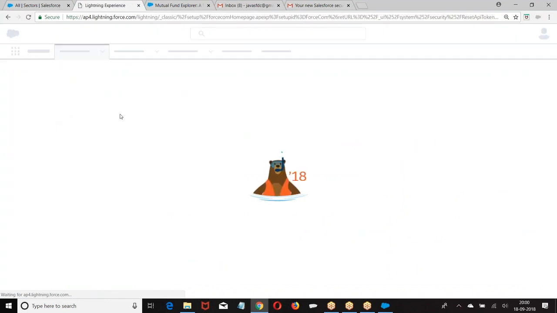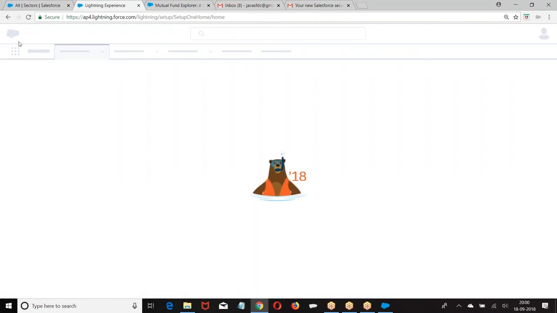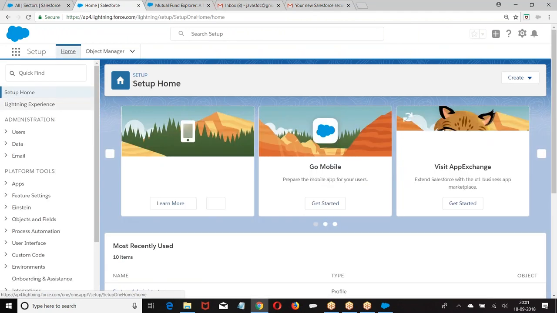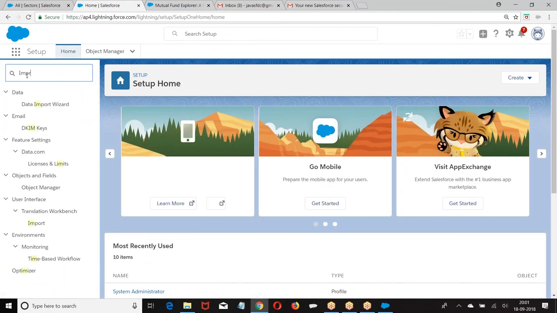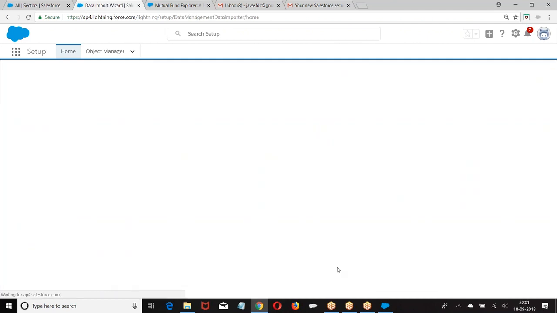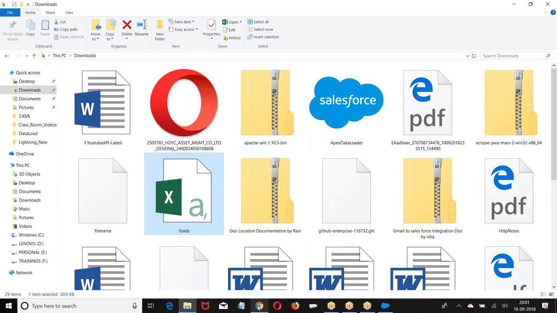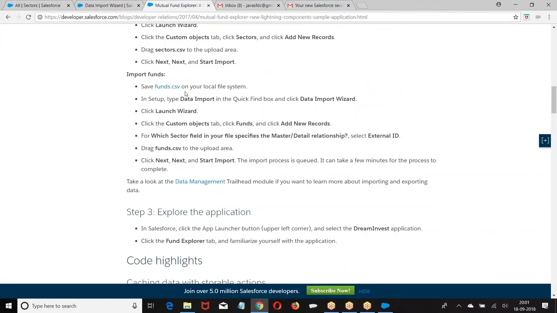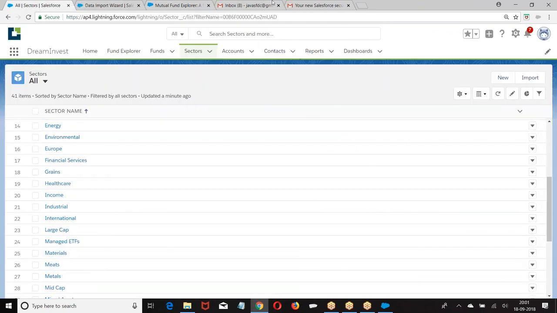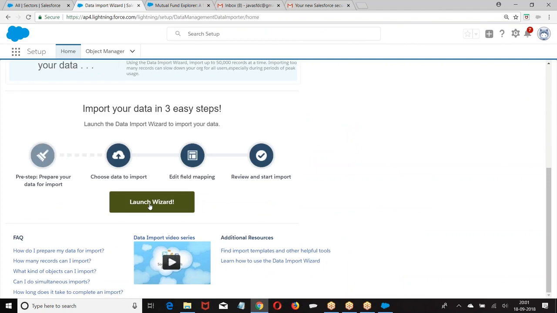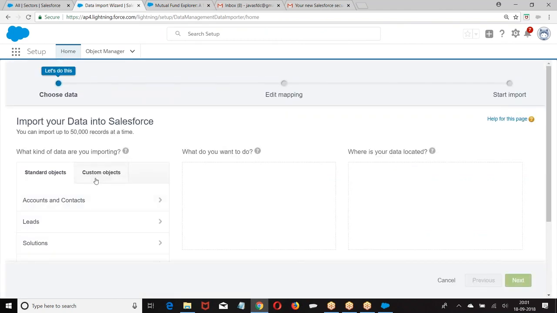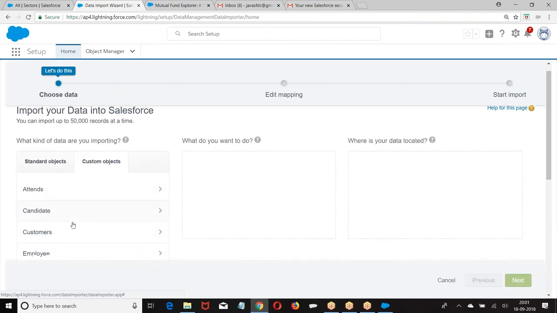Setup. Import wizard. Okay. Now, actually, go to this, launch import wizard, custom objects.